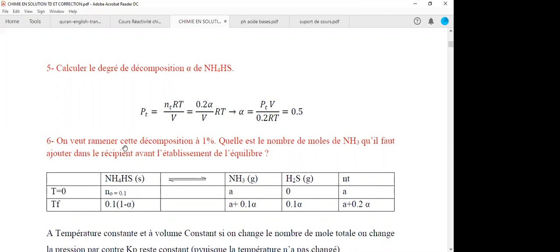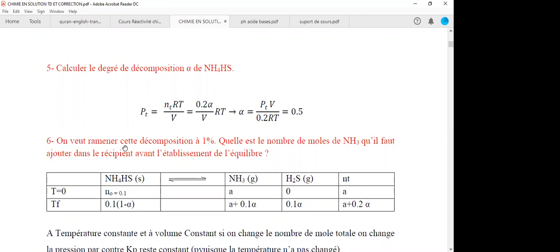So the value of alpha must be 1%. What is the number of moles of NH3 that we are going to add in order to have the decomposition which is 1%? So the number of moles that have to be added before this reaction reaches the equilibrium,